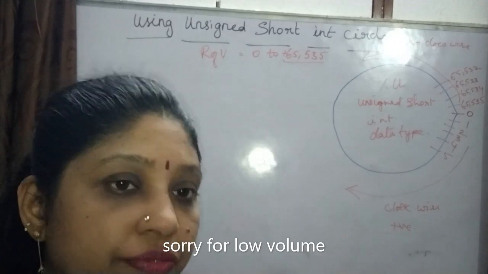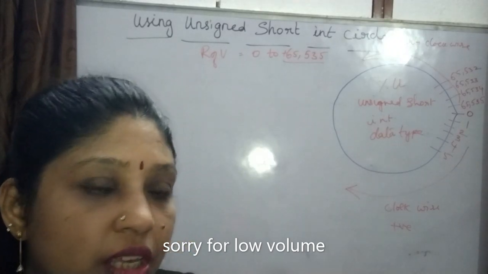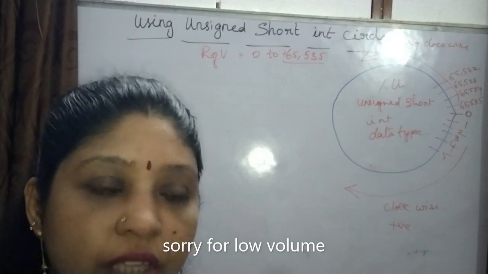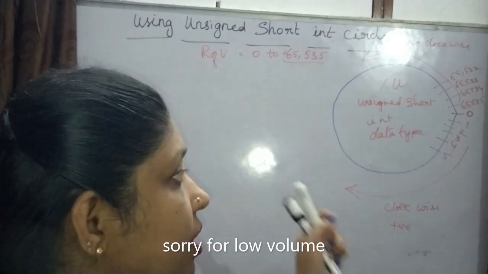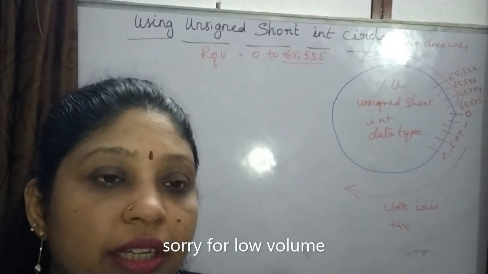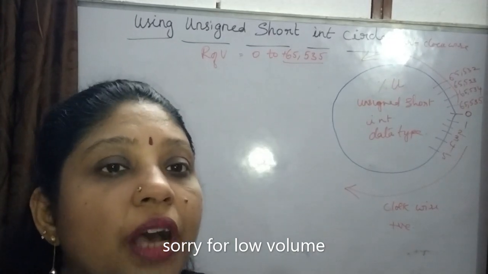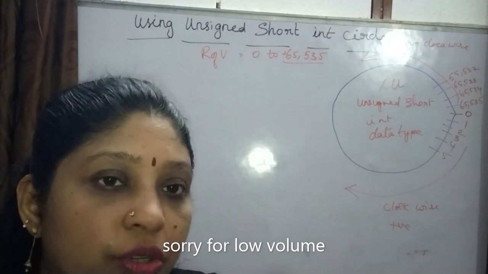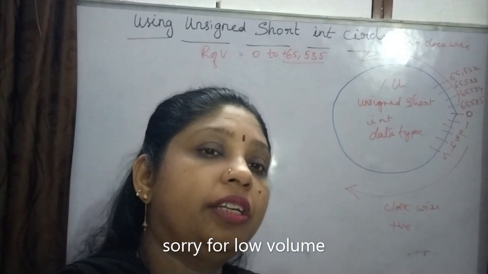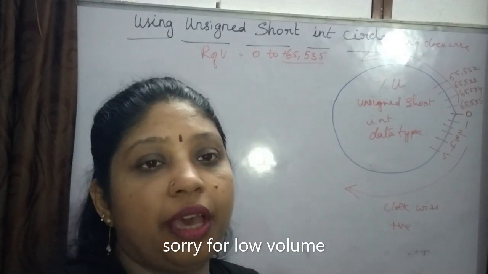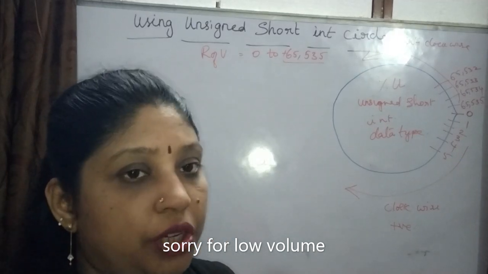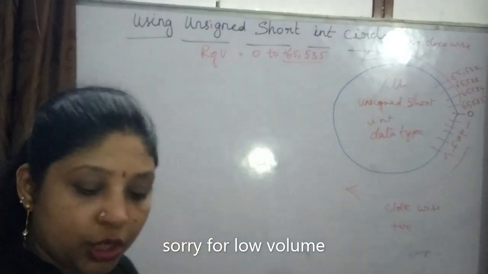I already said that if any value you are giving in the program is not there in the circle, it's not going to give the correct answer. That means some garbage value it is going to give. Now we are going to see how it calculates and how it gives out the garbage value or correct value when you give some value to it. Now let's write one small program.